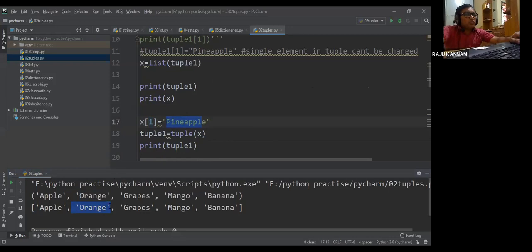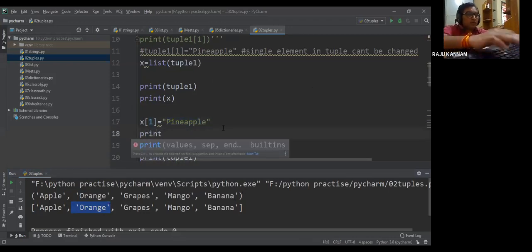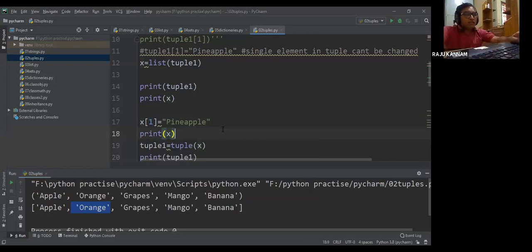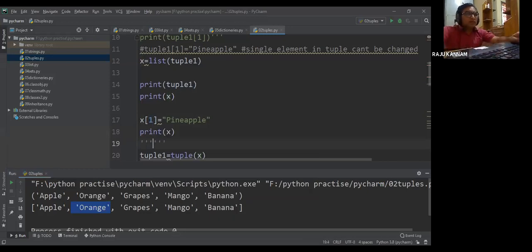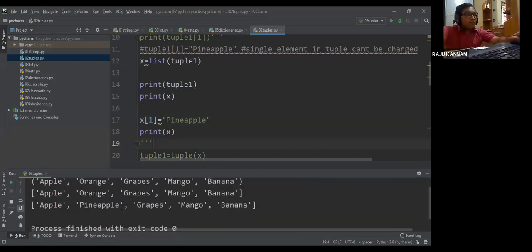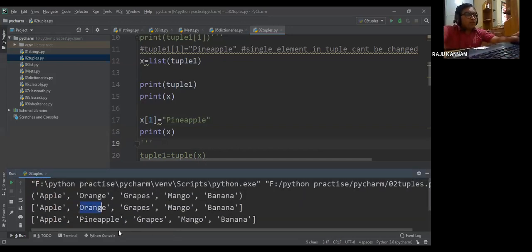So now if you print the list x after this, what will you get? See here, orange is changed to pineapple, right?